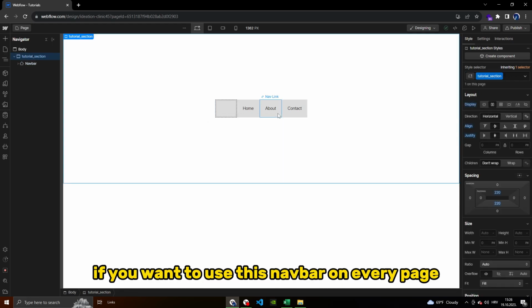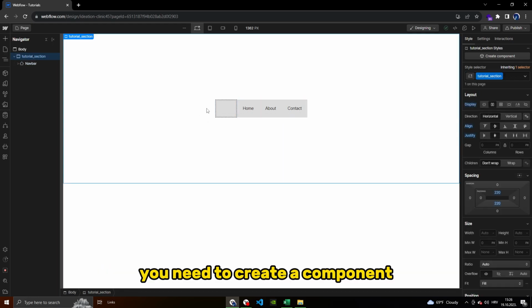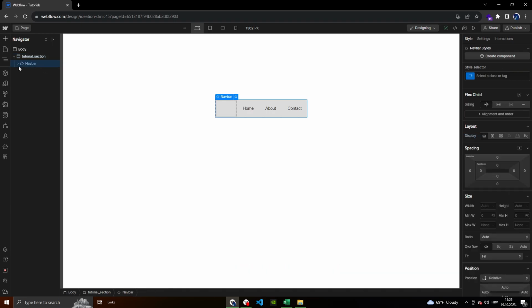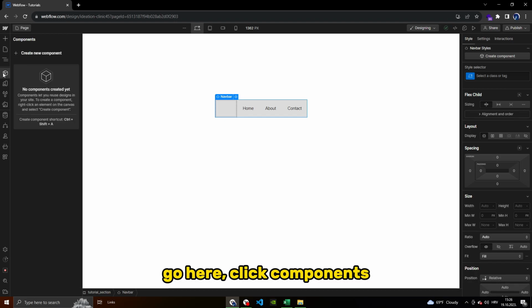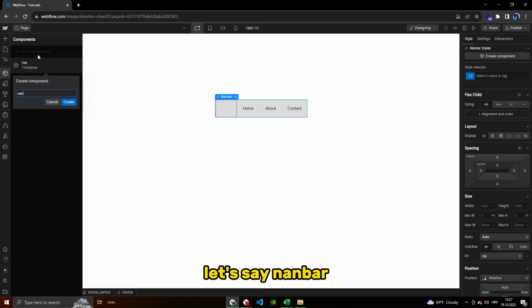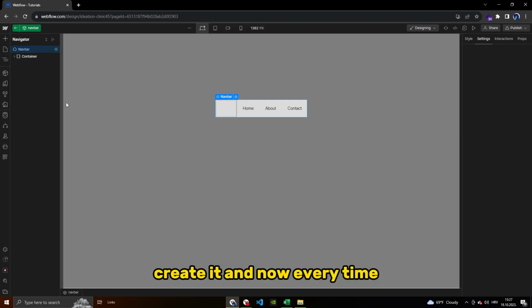You want to use this navbar on every page. You need to create a component. So to do that, you need to click navbar, go here, components, create a new component, and call it, let's say, navbar. Create it, and now